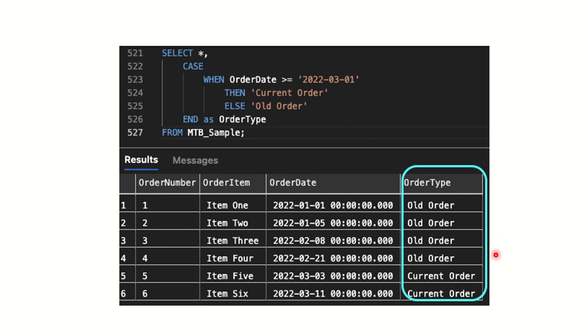Hi guys, today we're gonna talk about the case when statement, SQL case when statement, or any other case when statement. Really, they work the same way. So how does it work? Right. So in this case, as you can see, we selected everything from this table,